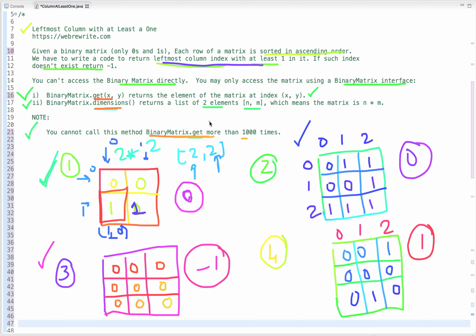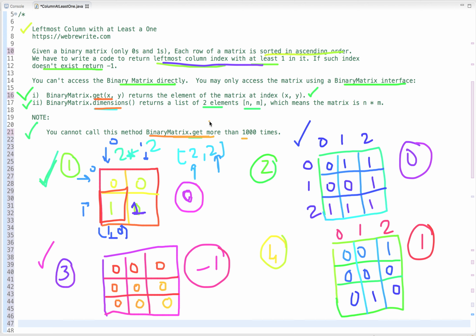So this is the problem statement, and now let's think how we can solve this problem. Each row of this matrix is sorted. So the easiest approach is to traverse this matrix row by row and do a binary search on each row. We first take this row and do a binary search to find the leftmost column index.